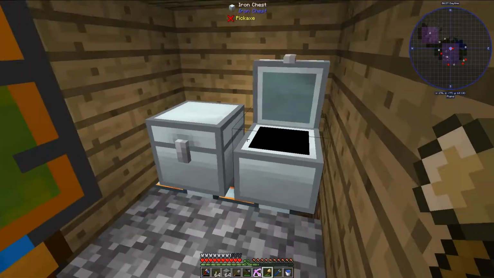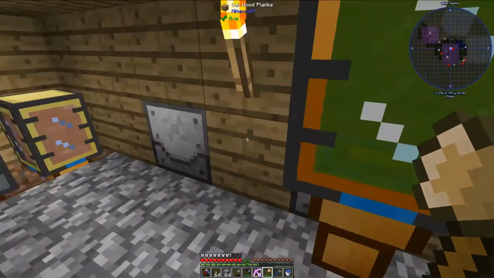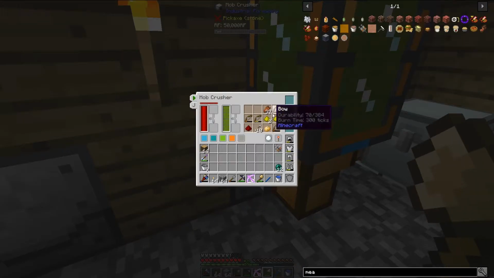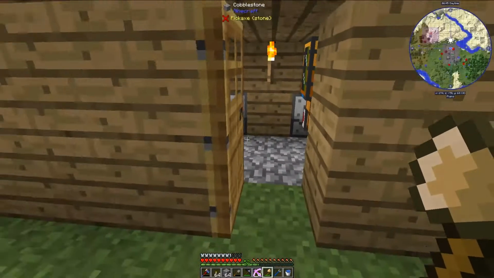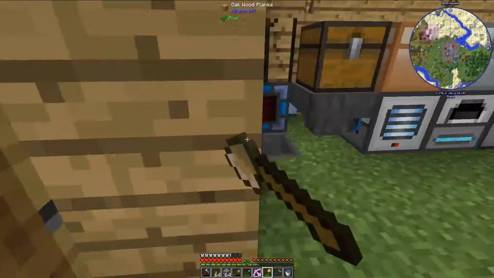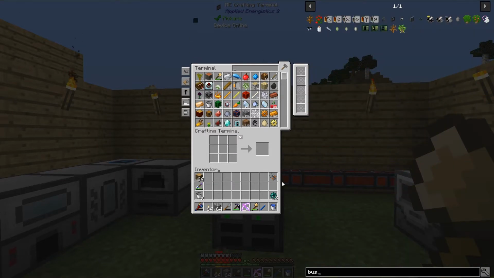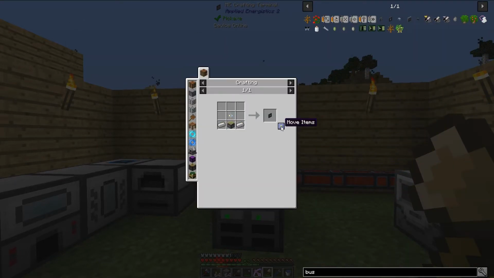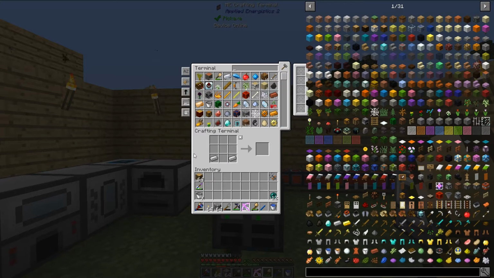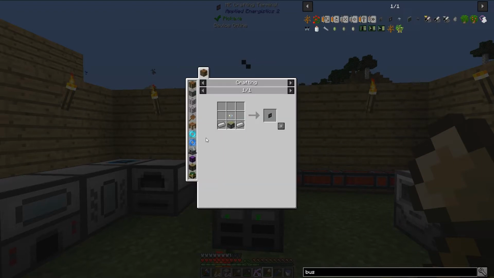Right now, as you can see, this is kind of a mess, and I have everything... These chests are full, and this is full. So what I want to do is connect that up to my AE system, and that way we can import everything in. And we do that through the use of an import bus. Unfortunately, I don't have anything I need for it, so let's...